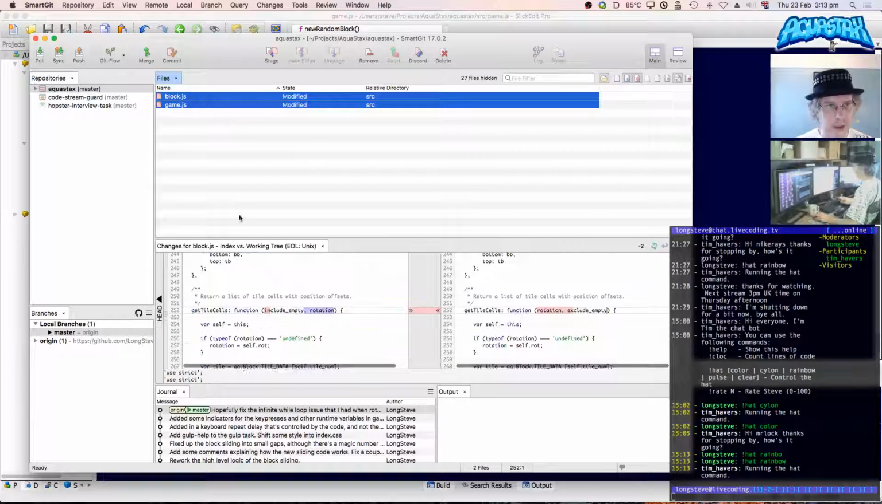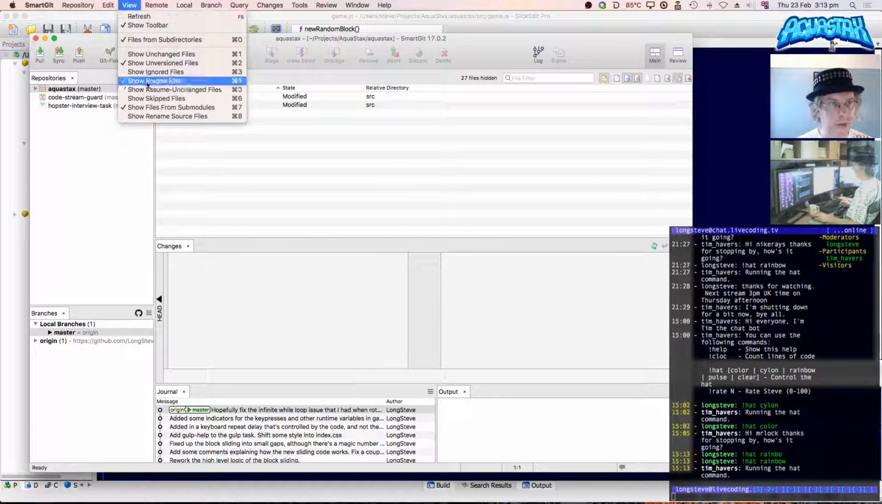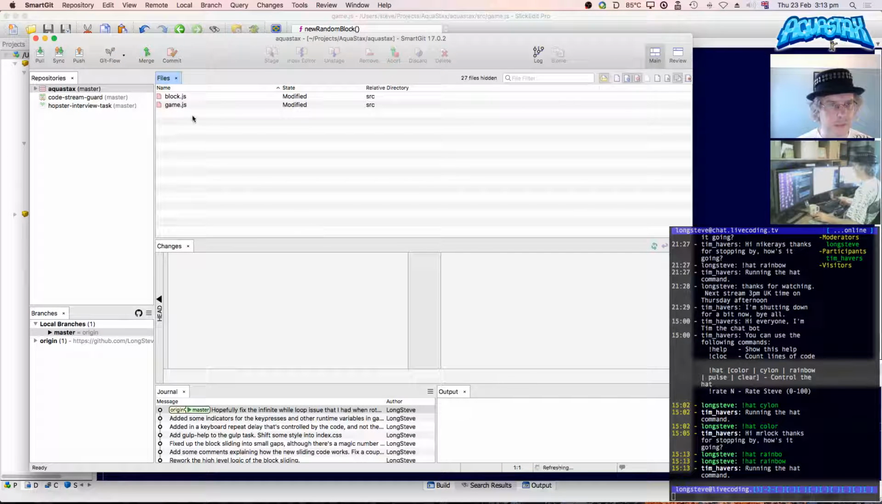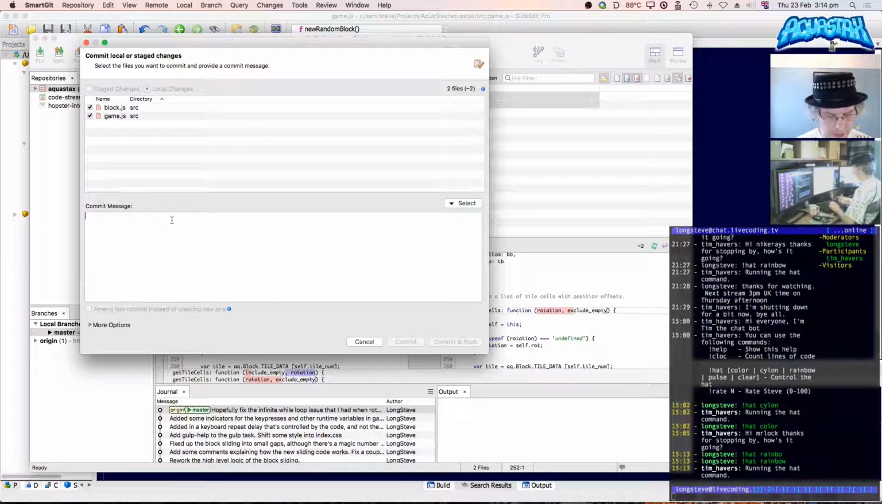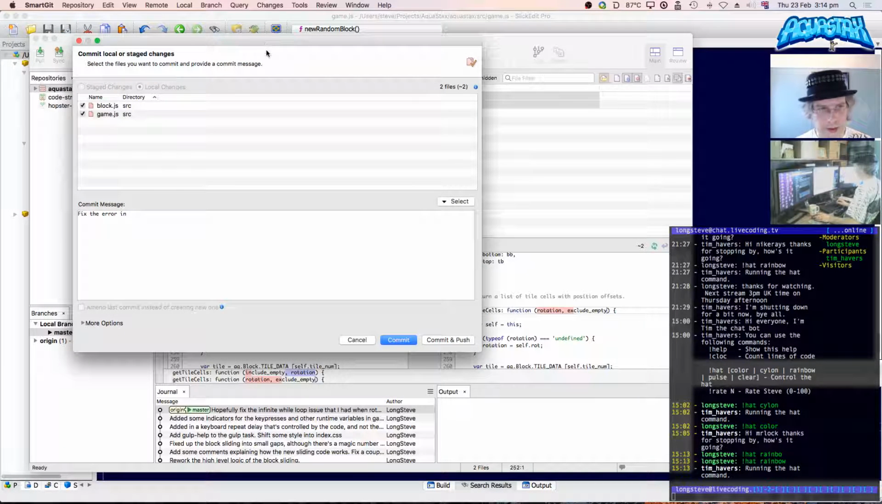So that's gone and that's been changed. Okay, let's just view. Is there a refresh? Yeah, 5. Commit. Fix the error in... It was error in get tile cells, wasn't it? Is it block? Yeah. Block.get tile cells. That meant that